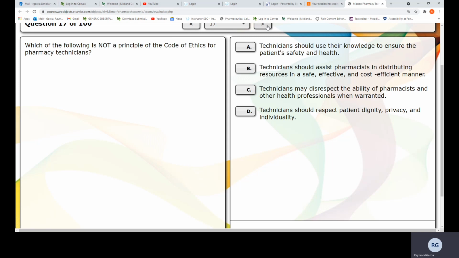Technicians should use their knowledge to ensure the patient's safety and health. Technicians should assist pharmacists in distributing resources in a safe, effective, and cost-efficient manner. Technicians may disrespect the ability of pharmacists and other health professionals when warranted, or technicians should respect patient dignity, privacy, and